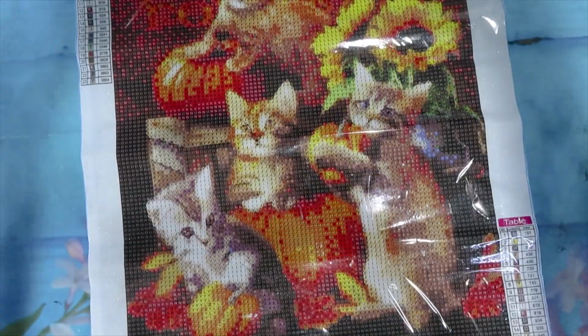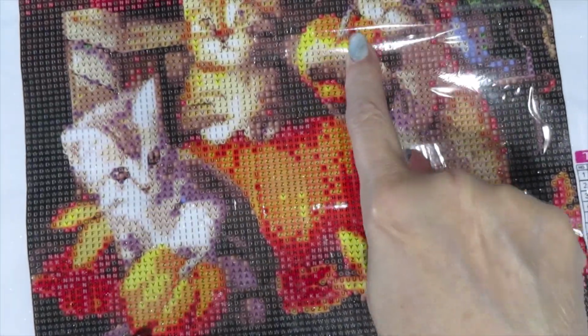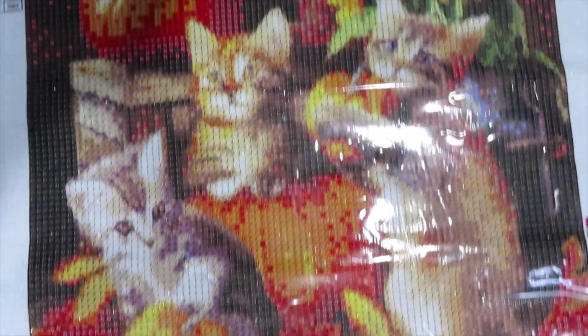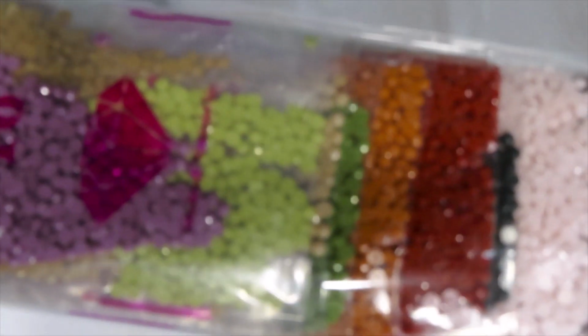And take a look at this. The drill fill. Dark. You can see it. Ain't that cute? Look at the holding the pumpkin. These are cute, cute, cute. Beautiful. Let's check out some of the colors. Take a look at these beautiful colors. I don't think I even need to open it up. Take a look at this. Let me open it up, but